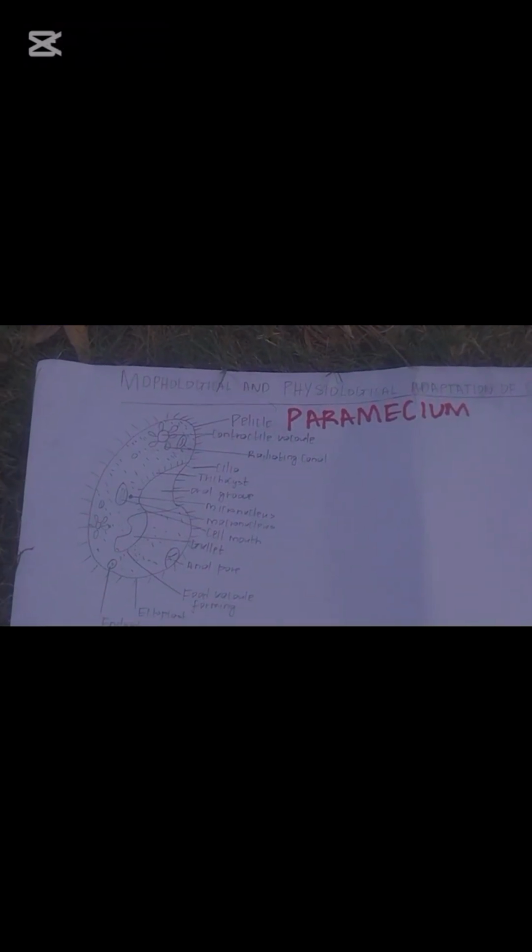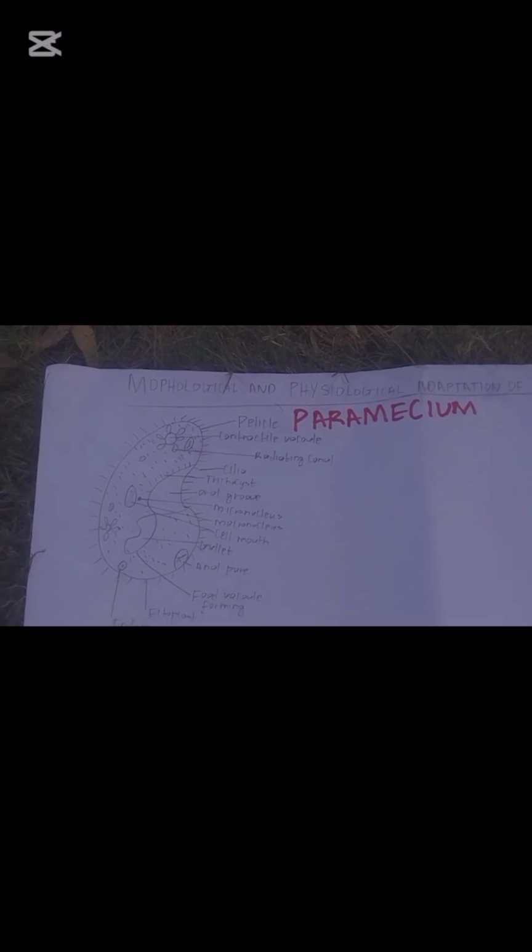Also, we have the presence of dimorphism. Dimorphism simply means two types of nuclei: a large one called the macronucleus, which controls the cell function, and a small micronucleus that is involved in sexual reproduction. Also, the ciliophorans form cysts. These cysts are dormant stages. In dormant stages, they can survive in harsh conditions.